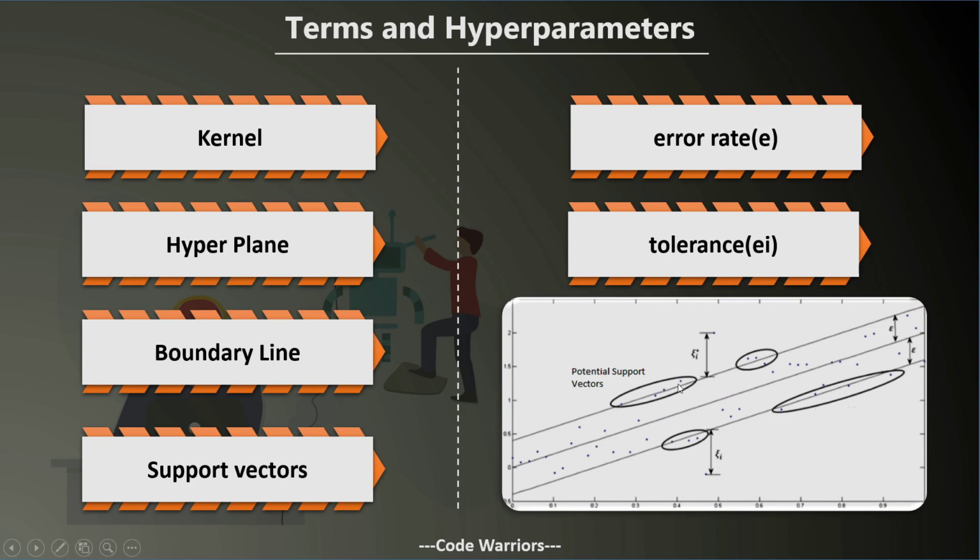And second, as you can see, these are the potential support vectors because compared to all the data points, these data points are the farthest away from our model and they are the outliers, so they are going to define the support vectors. All right. And we saw that it works on the boundary, or the threshold of the error rate. So it doesn't have to worry about all the data points that are inside the boundary line, but it needs to fit on the basis of these support vectors. And that's why they are referred to as support vectors, because they define the model. If the support vectors are a little above, or a little less, the alignment of this model will be slightly different.